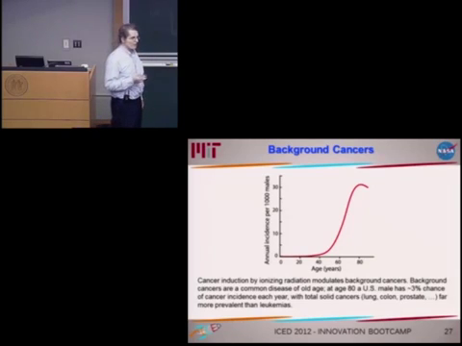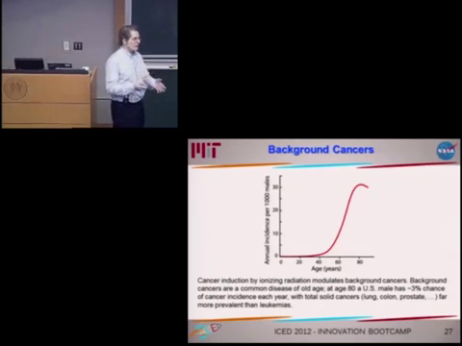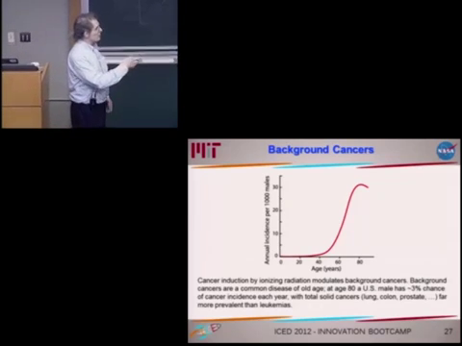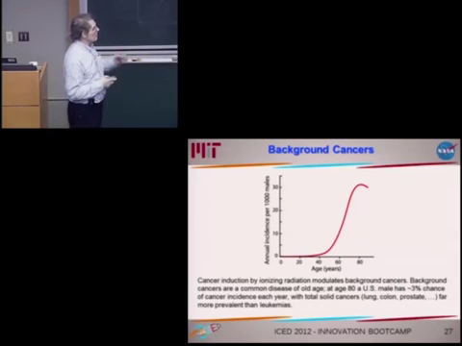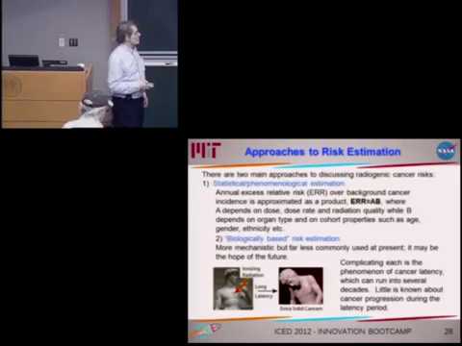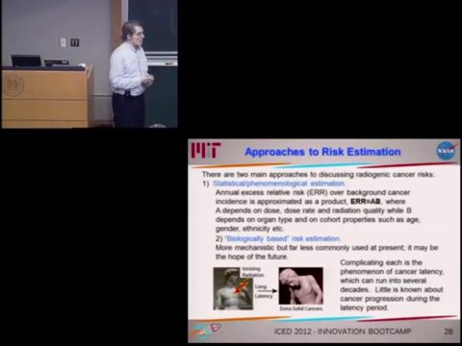A number of reasons have been offered for that, such as frailty effects, where if you're going to get cancers, you will have gotten them by a certain age, so what remains is a more robust population, and so on. A lot of explanations for the shape of this, but suffice to say it does increase till about age 80, and then perhaps, but not conclusively, actually decreases beyond that. So the approaches to risk estimation are a couple.